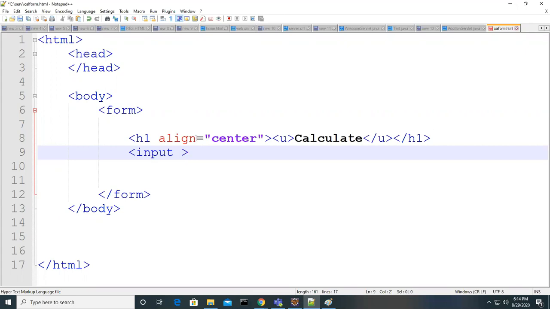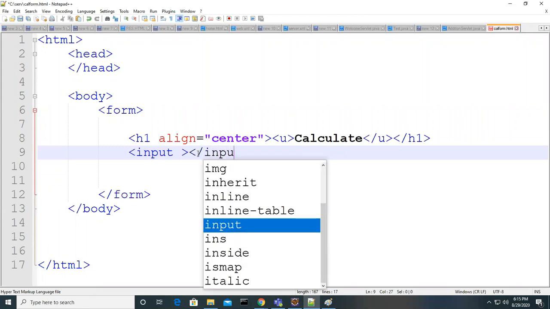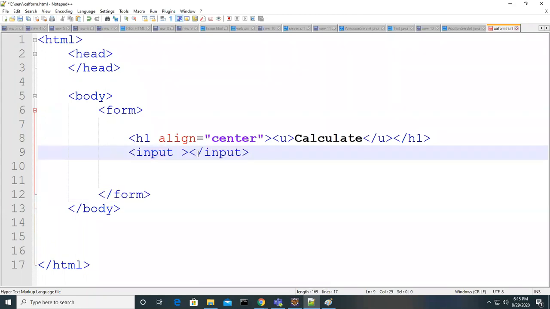So the input tag is this one, and you'll see that I just added the input tag, started and closed. You can close the tag like this also, guys. You don't need to close like this only. You can close like this also, or else you can use a closing tag. So what is the closing tag? Same tag name, and you just use the slash. This is the input tag. Okay.